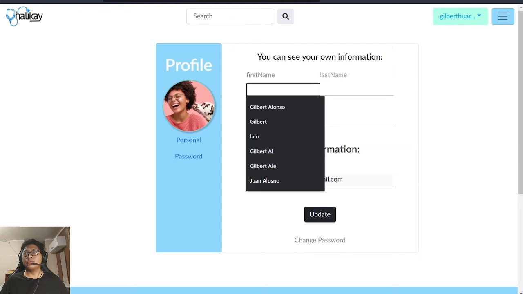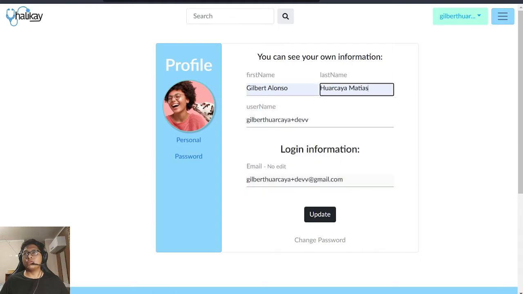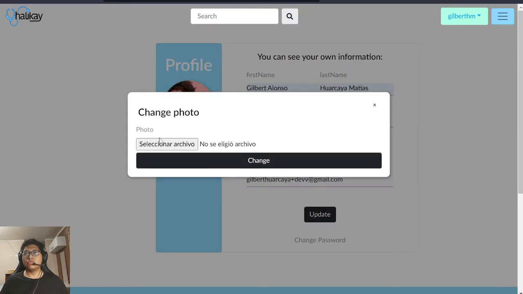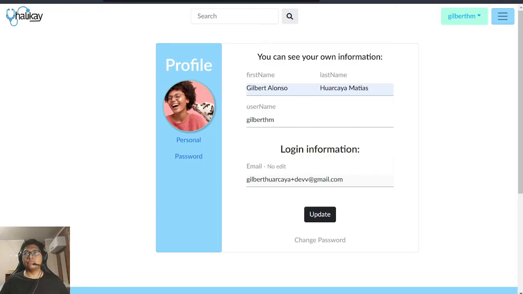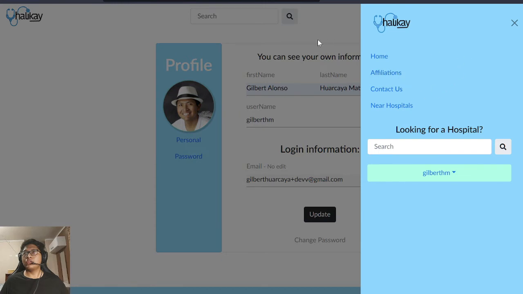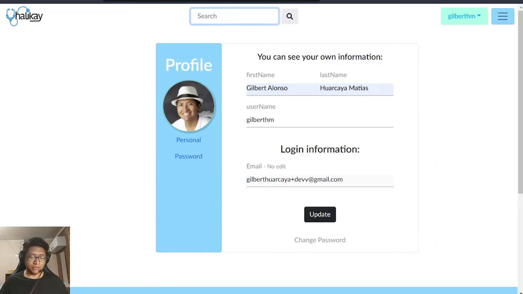This is the profile. We can change our first name and last name, and also the username. Done. We can change our photo. Okay. And if we like to find a hospital in specific, we can search from here or from here,